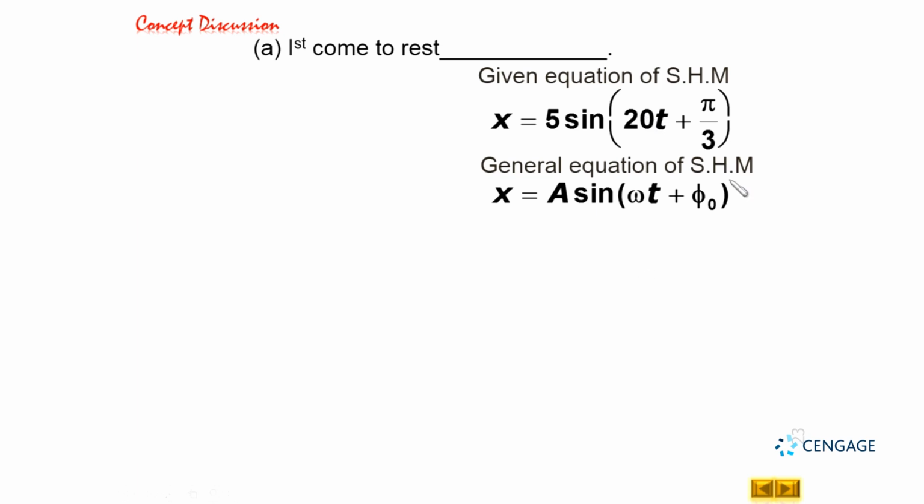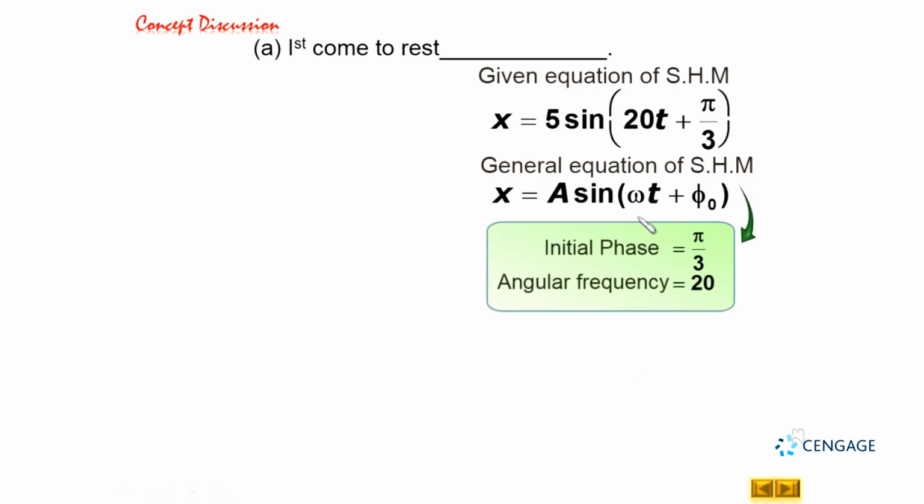So let us write this initial phase and angular frequency separately. And one more thing to notice here, this amplitude is equal to 5 and x is given in centimeter, so it is 5 centimeter. So it is time to transfer this motion, that is this oscillation, into circular motion. For this purpose, we need to draw a circle of radius equal to amplitude. So let us draw a circle of radius a, right?